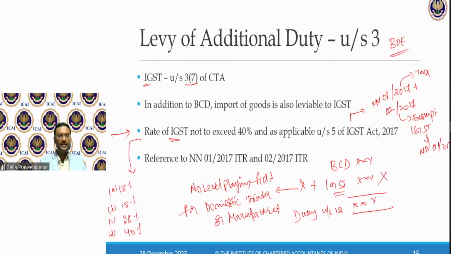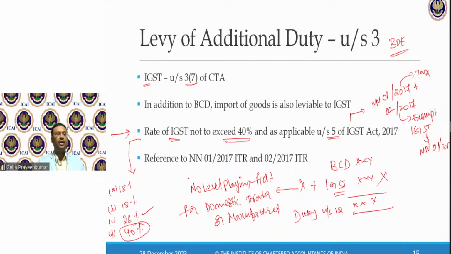Fourth option, 40%. Most of us will say maximum is 28%. So this is the right answer. But please keep in mind, when you read Section 5, there is a clear reference. The rate prescribed under this particular act cannot exceed 40%. So always there is a reference to a maximum ceiling of 40%.